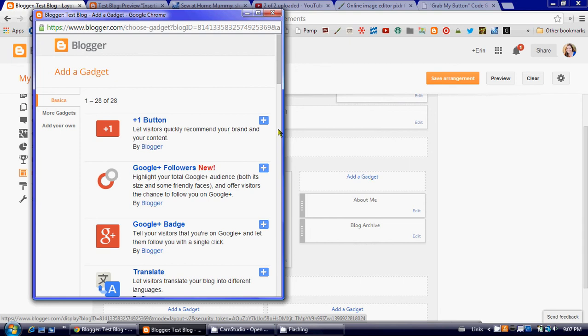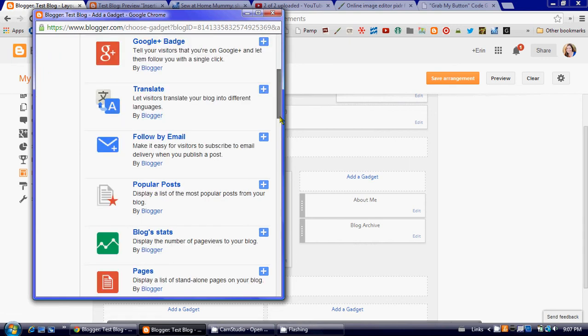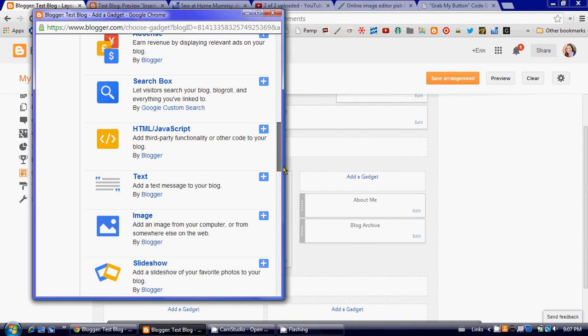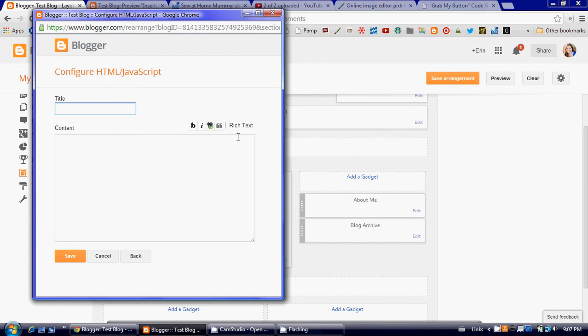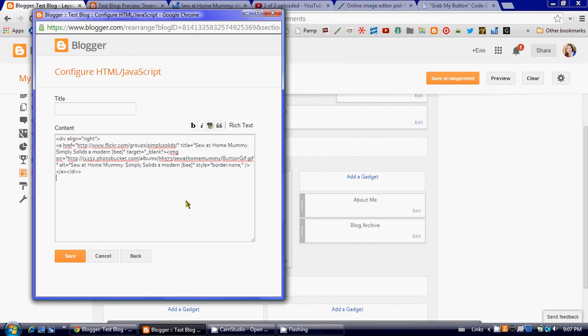A pop-up window appears, and we're going to scroll down until we see HTML JavaScript. So we're going to hit the little plus button to add, and in the content box you would paste the code that we had copied earlier. So because the computer still remembers what I had copied, I can right click and paste,